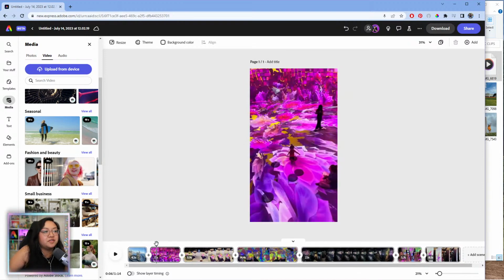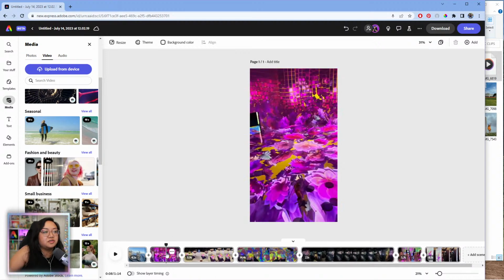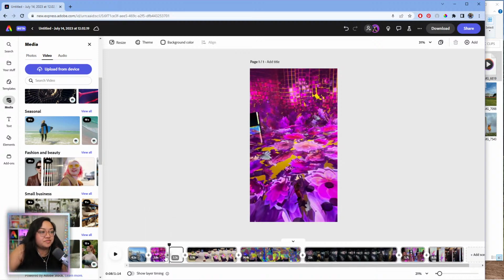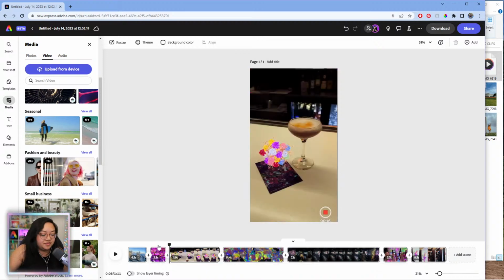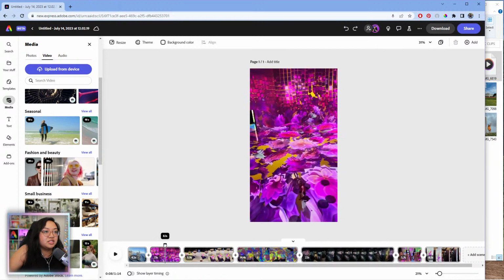And then another way, if you want to split clips, all you have to do is go to the part that you want to split. You can either right click and hit split, or you can click the 3 dots, then hit split, or if you have a shortcut, depending on if you're on a PC or on a Mac, there are shortcuts. So mine is just S, so I just press S and then it splits. So, yeah, that's how you trim and split the clips.